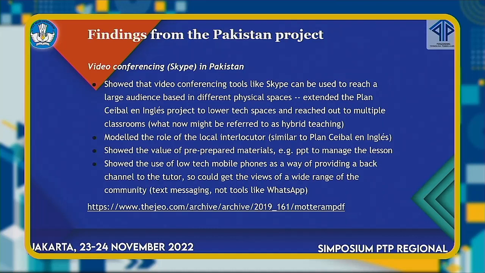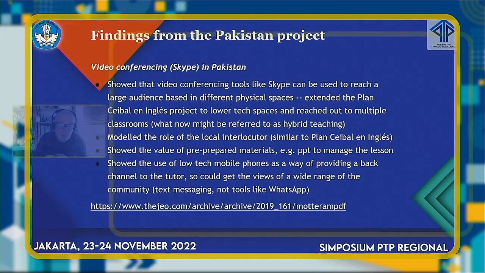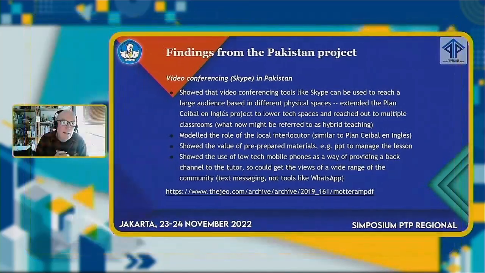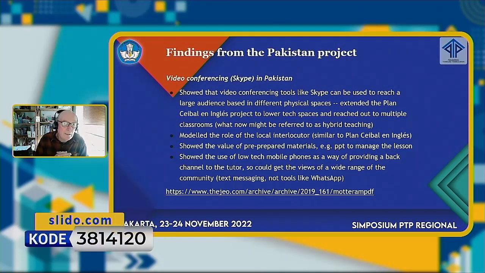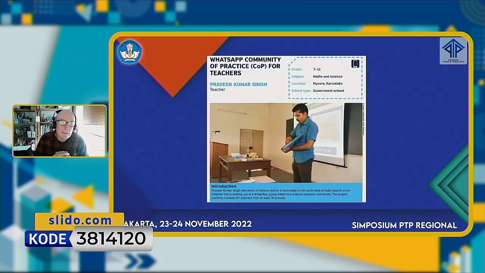And we also used PowerPoint in the way that we're using PowerPoint here as a way of managing the process. But one of the things that we started experimenting with was mobile phones. And mobile phones were quite low tech then. They weren't smartphones. We're talking about feature phones, as we would refer to them, phones that had a little screen but didn't have much feature. So we were using text to exchange. Now, at the same time, if you go to the next slide,